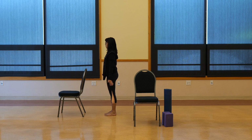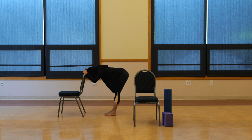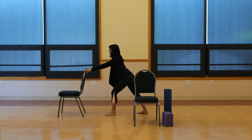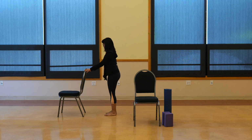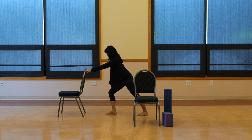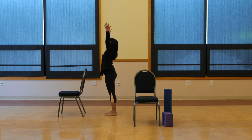All right, let's do that one more time. Inhale, arms up. Exhale, hinge at your hips, forward fold. Inhale, step back. Right leg, bend the left knee. Exhale, step forward. Inhale, step back. Bend the right knee. Exhale, step forward. Inhale, arms up overhead, extension of the spine. Exhale,